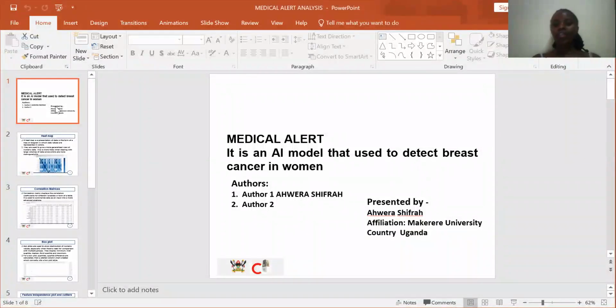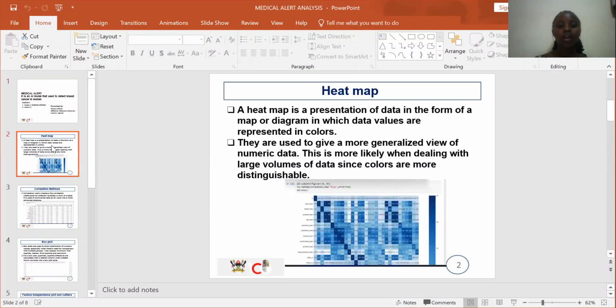Hello everyone, my name is Ahora Shafar and I'm here to talk about my medical alert model. This model is used to detect breast cancer in women, and I'll start by talking about the features of my notebook. In this case my notebook is all about breast cancer detection, and I'll begin with a